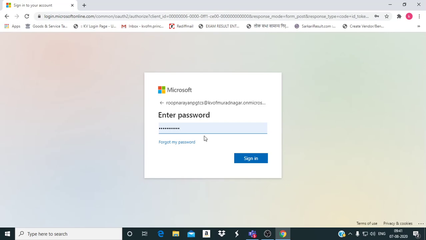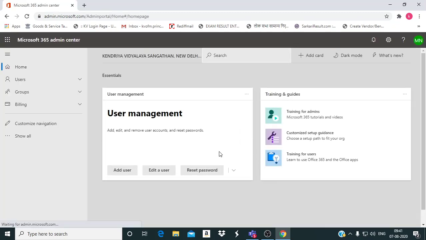Being a teacher, I have the same user credentials, same security features, and same access as you people have. So click on sign in. After sign in, you find this screen as your dashboard.